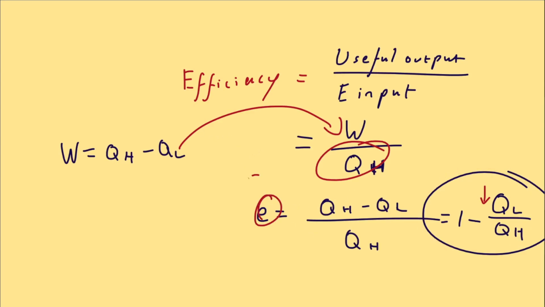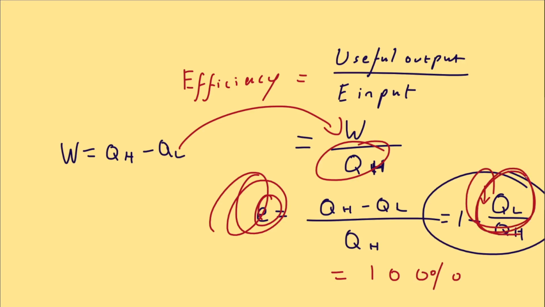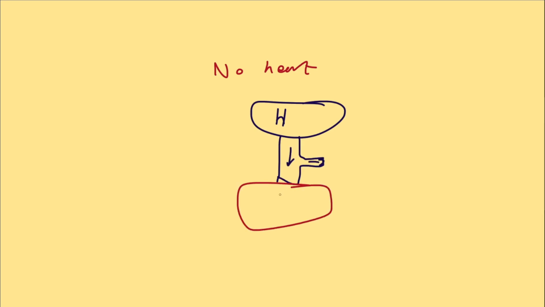But why can't this efficiency value be 100%? Why can't this ratio here be 0? Let's say you try to dump no heat into the cold sink. So if you remember our system, we have the heat, we have the way it flows, like that, and we have the cold area where all the wasted energy goes. Let's say you try to dump 0 of your heat input into here, so all of it gets directed into real work. That would mean the flow toward the cold sink, and we call it a cold sink because that's where all the cold's going,